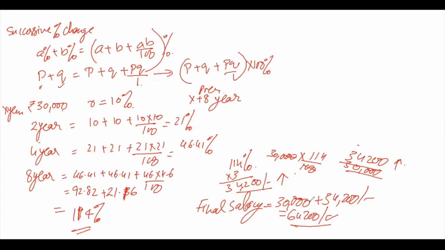Now in this case, say rather than an increase, it is a decrease. Say a man has got a 30% increment and later on the man is told that his salary next year is reduced by 20%. I want to find out what is the effective growth in the salary in 2 years. So you will apply the same formula. The only change here is whenever there is a value which is decreasing, you need to attach a minus sign before it. So that gives you 10